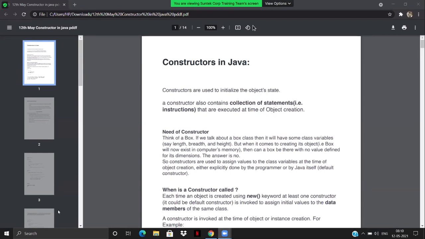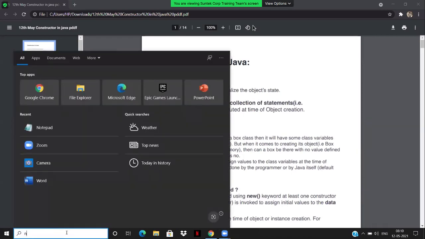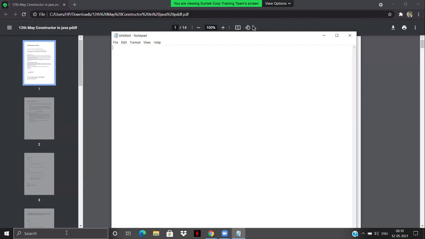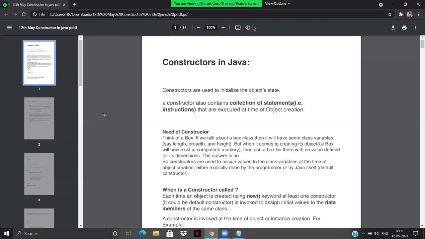So how do we create an object? That's what we discussed in the last class. If I just remind you quickly, let's say we have a class A, and if I want to create an object of class A, I will write A obj = new A, right? Correct. But what happens when we write it in that manner? The constructor will get invoked automatically.